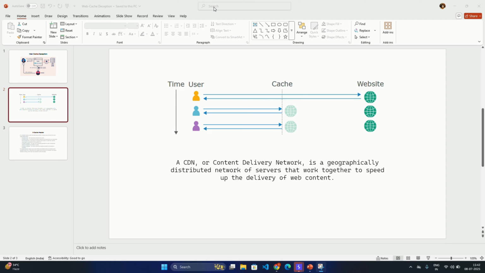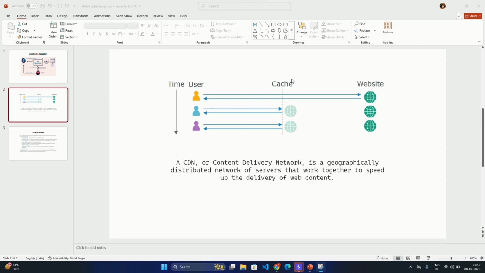Let us now see how these web cache systems are implemented in the real world. Web caches are a distributed network of servers known as a Content Delivery Network, or CDN for short, that work together to speed up the delivery of web content.